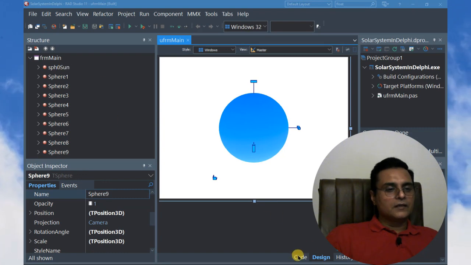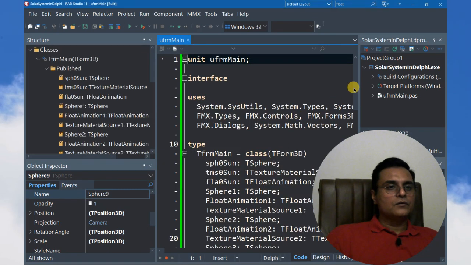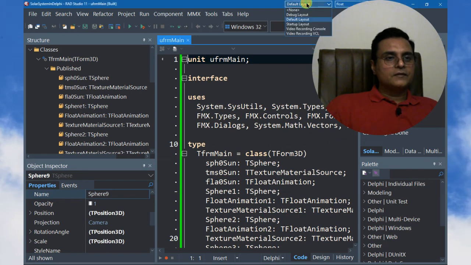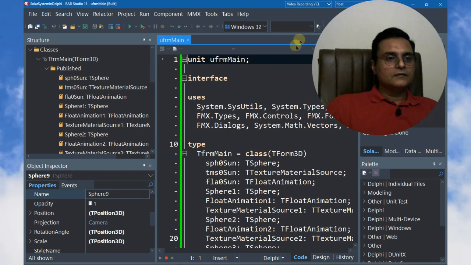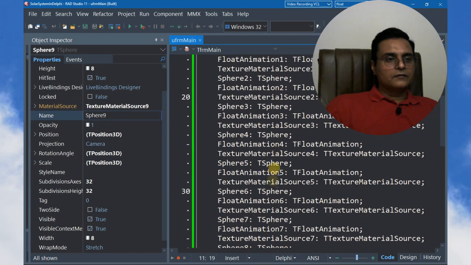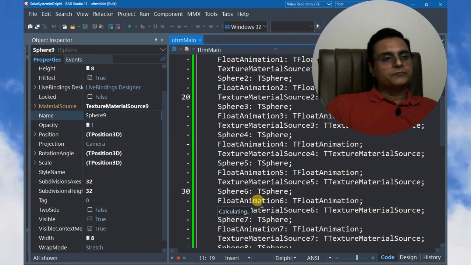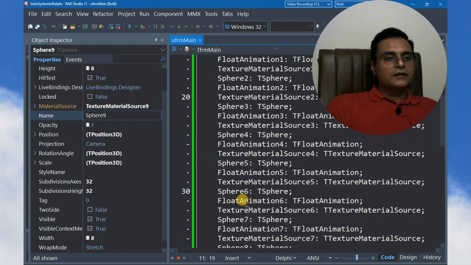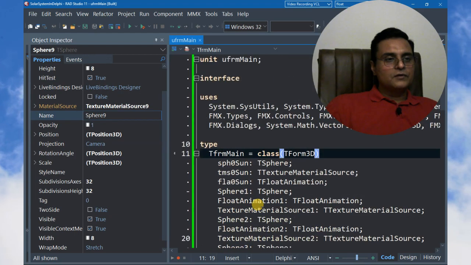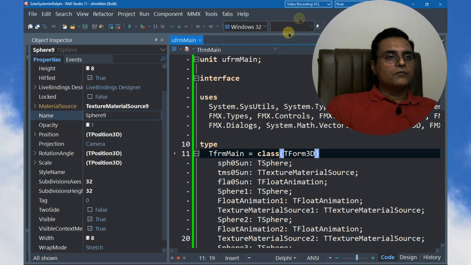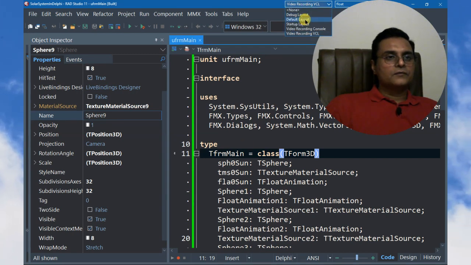And if we see here inside the code, you see it's a bit messy. It is now very messy because there is no proper naming. Let us properly rename them as we discussed before, so that it will become clean and readable code. Let us go to the default layout